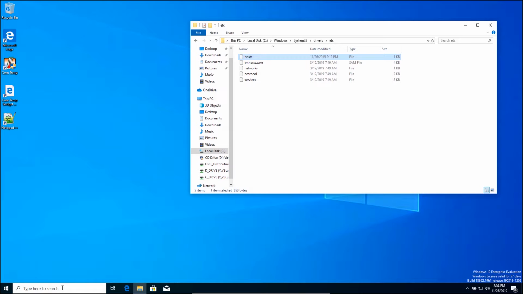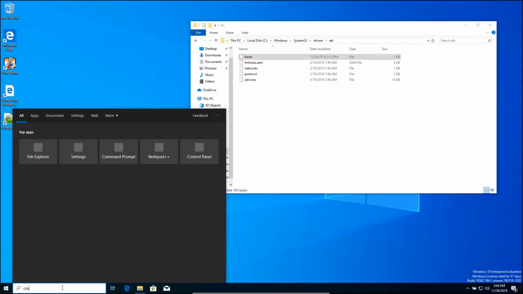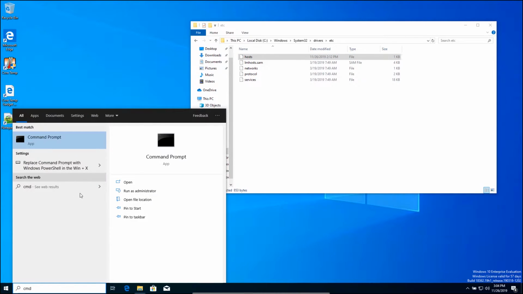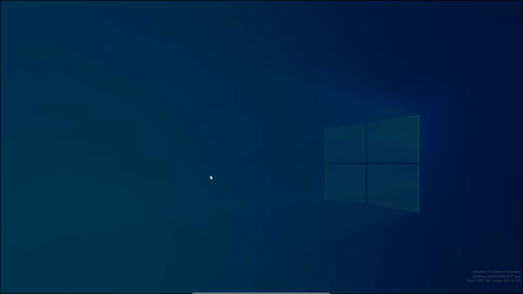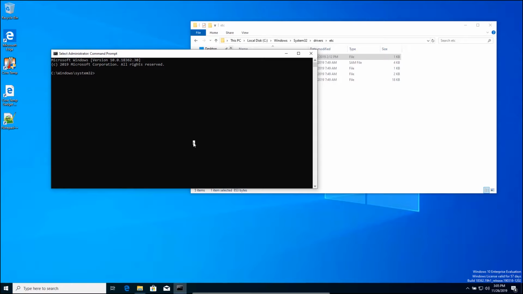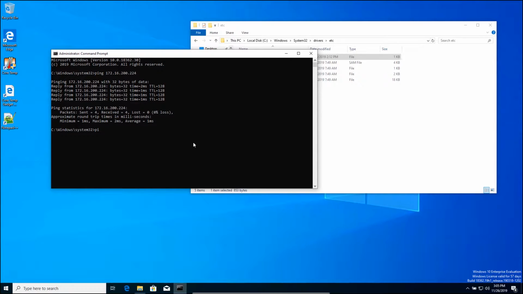So now if I open a command prompt, and I'm going to open this as administrator, now I can ping that IP address, which was 172.16.200.224, and you can see that I can find that. Now I'm going to ping that address by name,